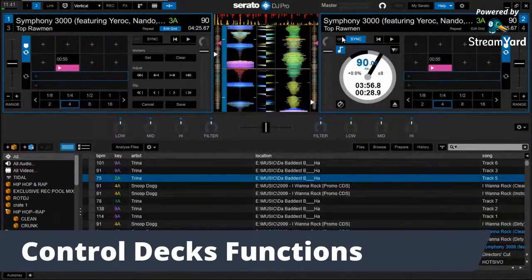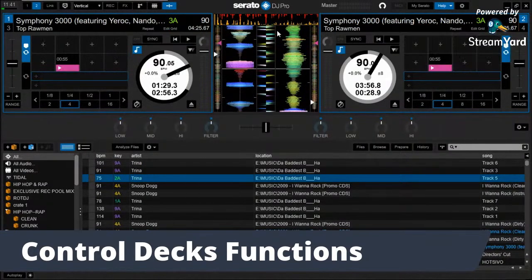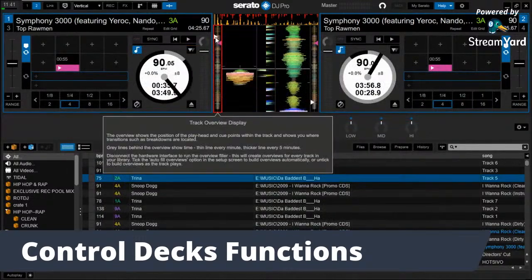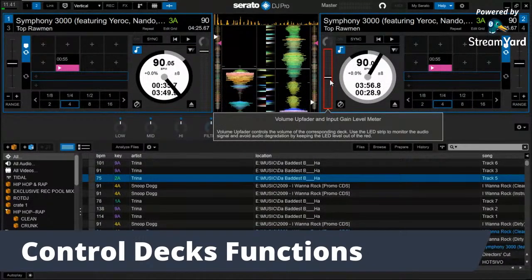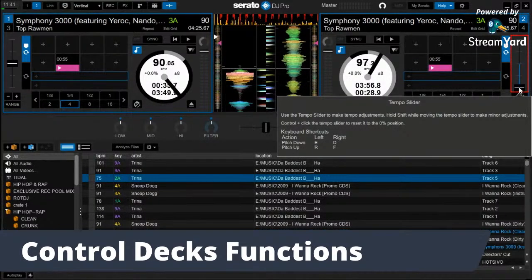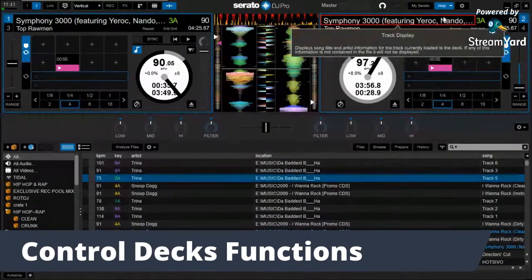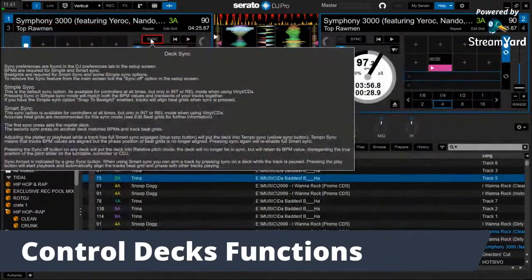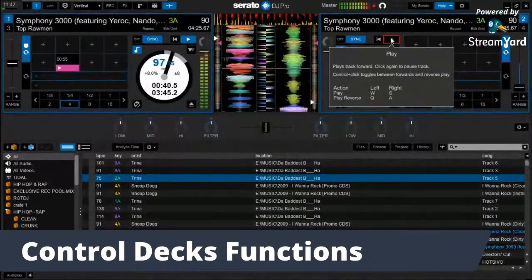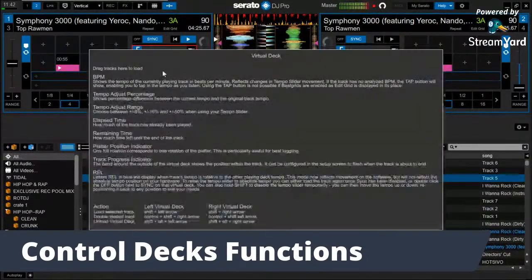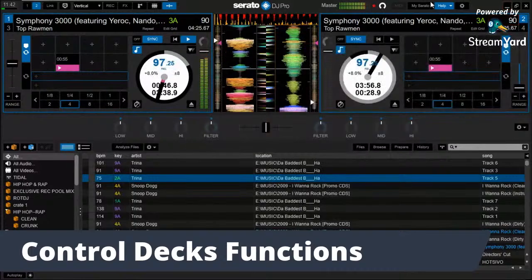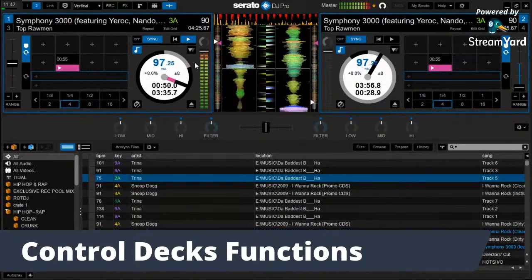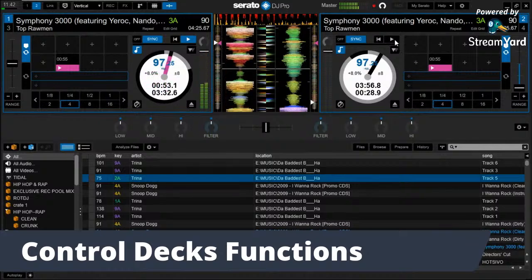All right, let's turn it off for a second and turn off edit. I'm just going to adjust the pitch on this one and start a sync. As you can see what happened, this deck right here automatically adjusts to this one. So when I play,